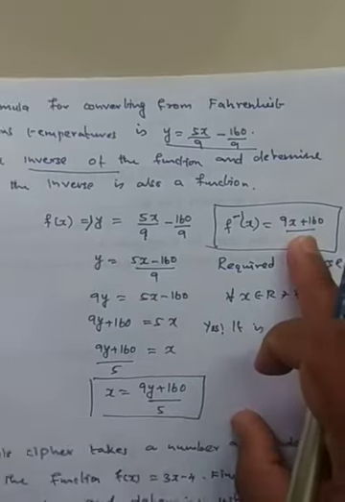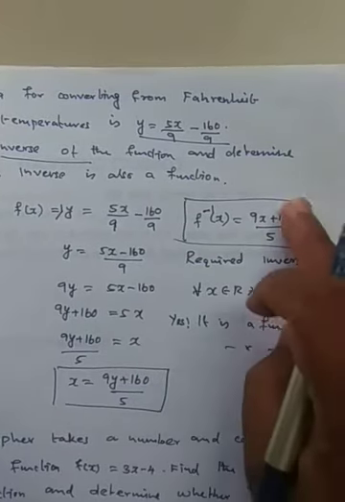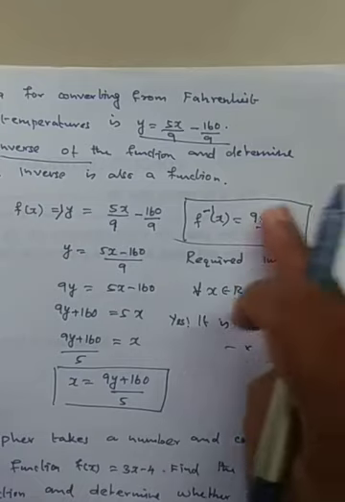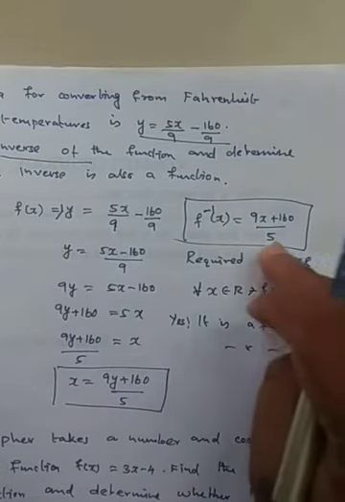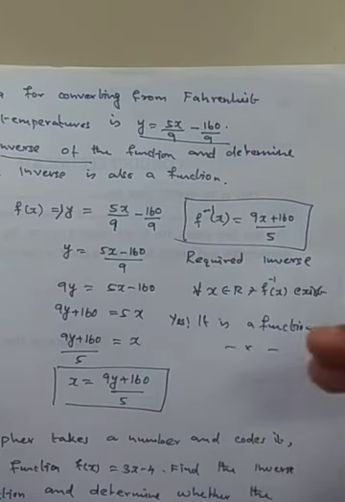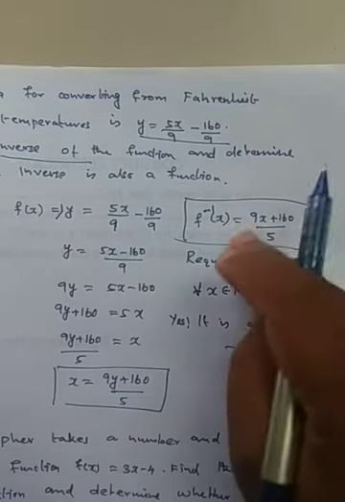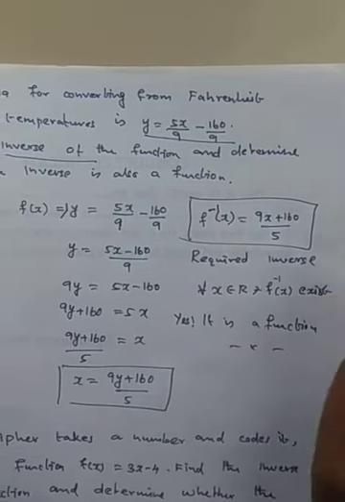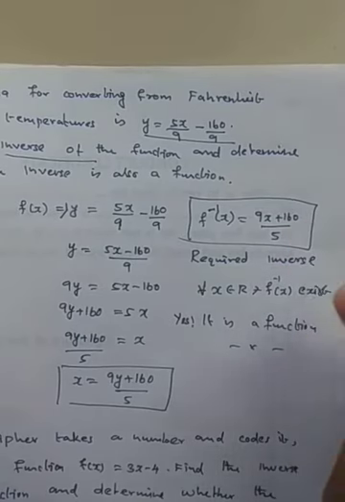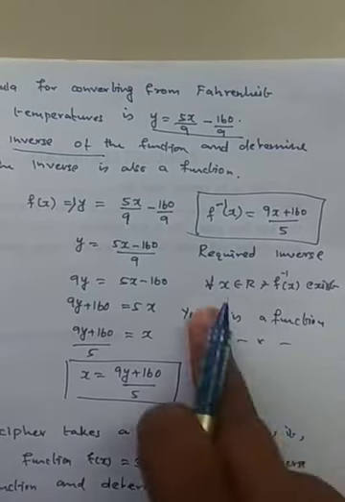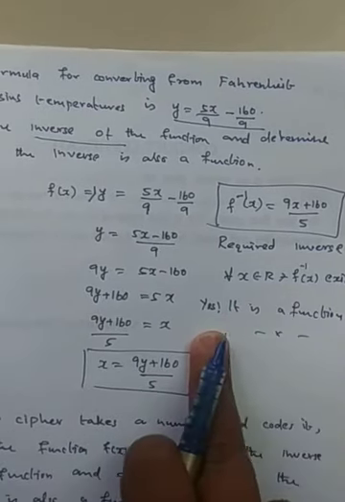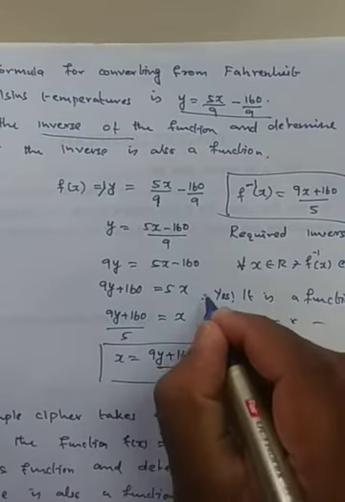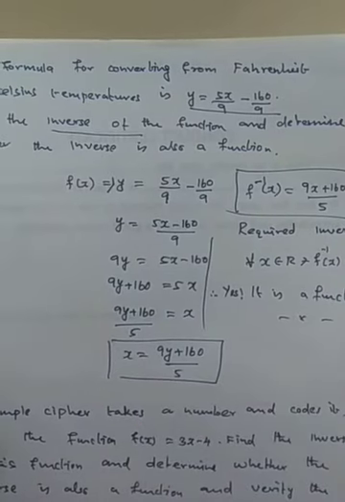We have converted. But if you put any value of x here, the value of this function will exist. It would become undefined only when x is in the denominator, then only it would turn infinite. There is no x in the denominator. So for any value it will exist. That's why we are saying the inverse will exist. For all x belonging to real numbers, there exists f inverse of x. Therefore, yes, it is a function. We can write it here.